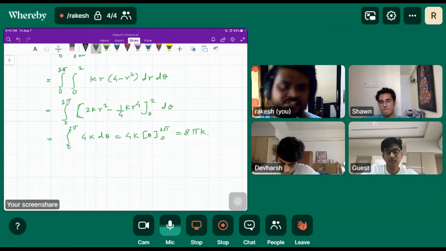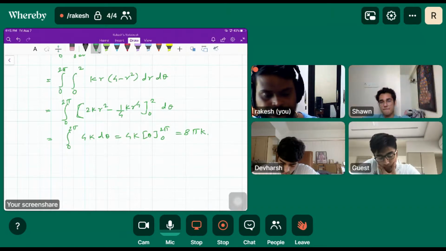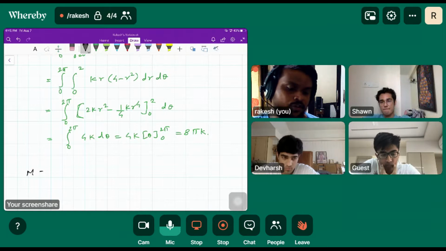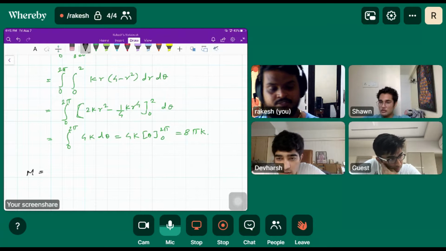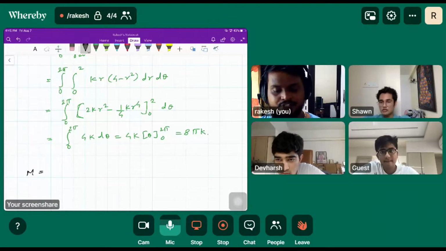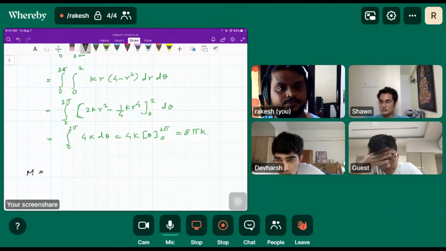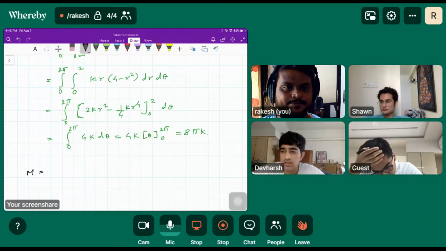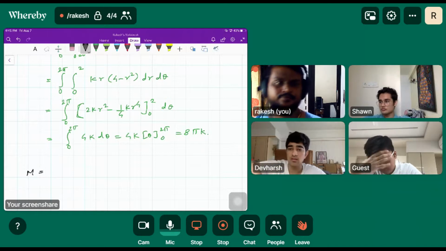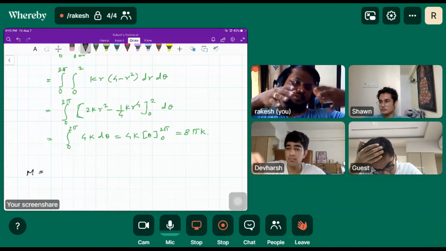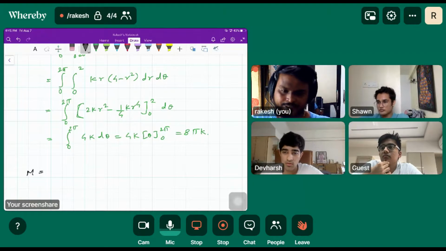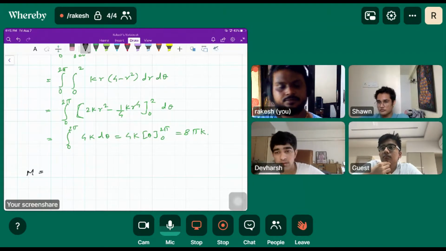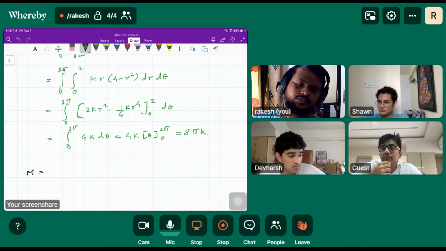Can we do any cheat here, or we have to calculate mxy, myz, or mxz? X and Y are 0. Why? Because it's circular. It's a disc, so it'll be like the disc, which will be zero for both.